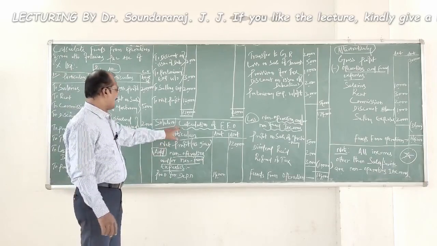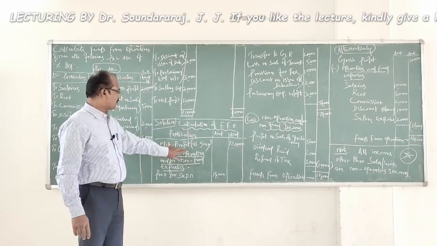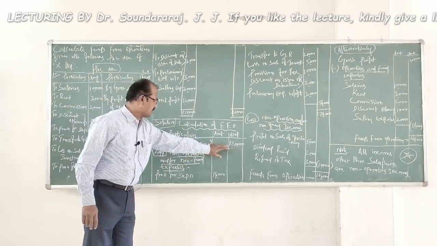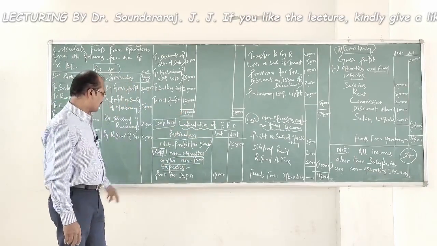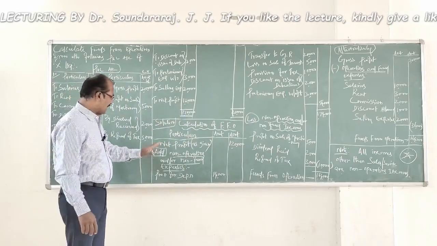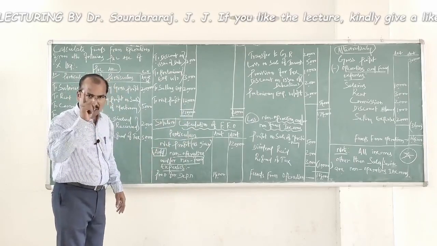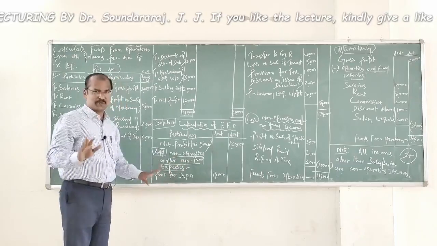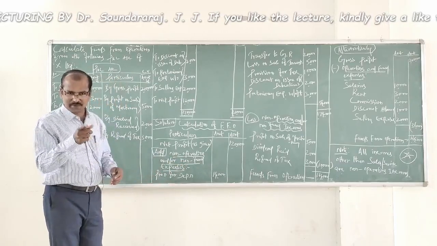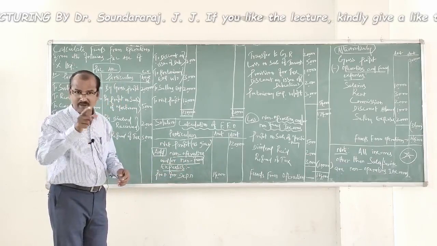Let us calculate funds from operations using the first method. As I said, in the calculation of funds from operations, net profit as given is taken as a basis. That's the starting point, 1,20,000 rupees recorded there. What have I written? Add non-operating and or non-fund expenses. I'll explain why I specifically said and or.